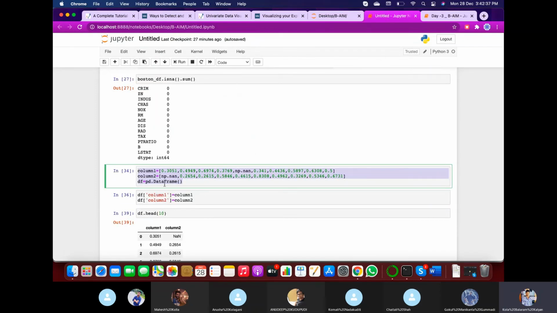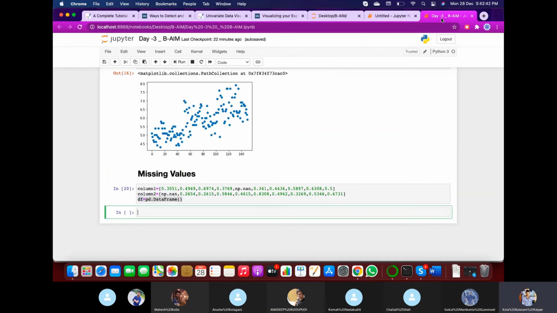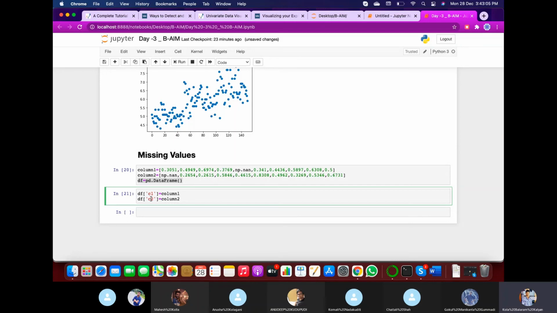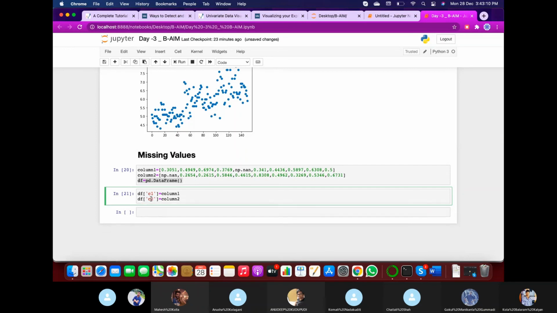Then df of column 1 must be, in my specific example, let's say C1. If you want, the second can be named C2 for column 2. So let me run it.